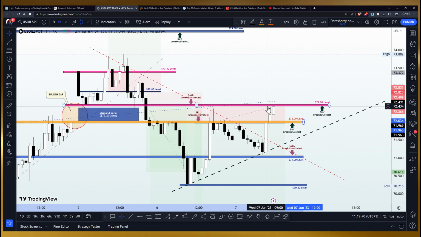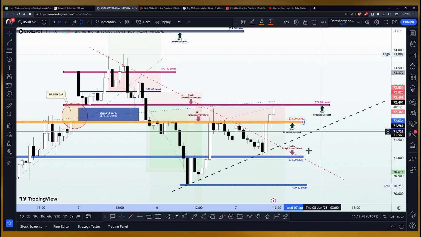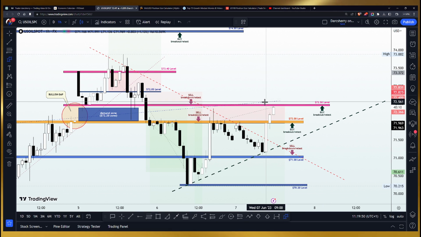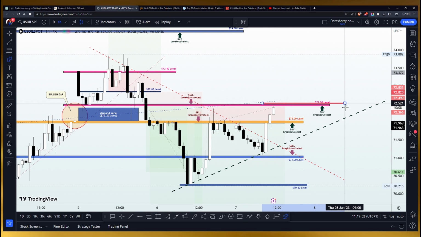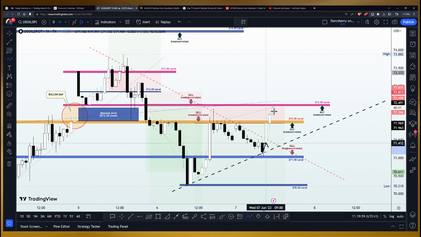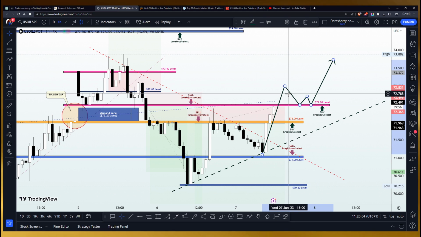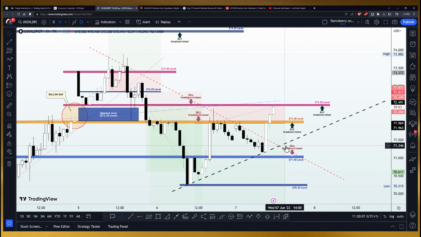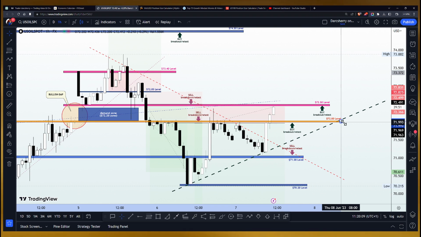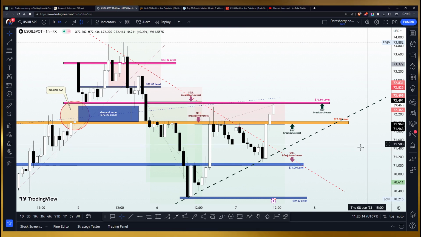So at this point, congratulations to everyone who has been part of this move, and for those who missed out on this opportunity, well, we also have another structural level at the $72.50 area, where a breakout of the structure will also welcome more opportunities to buy. So we are going to look out for more opportunities at the breakout of the $72.50 area. And one thing I would like to mention here is that as price action has broken out of our key level, we want to continue to look out for more buying opportunities.